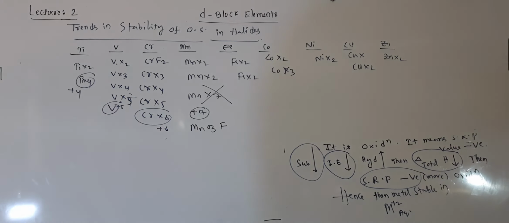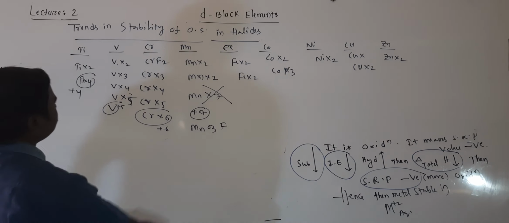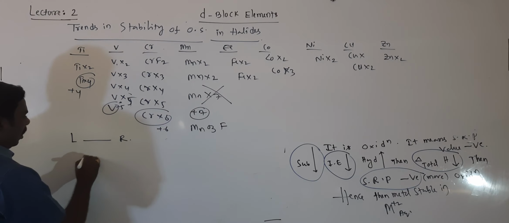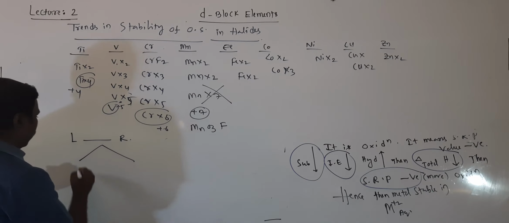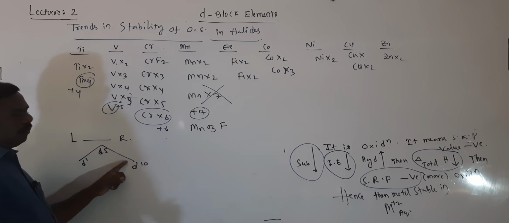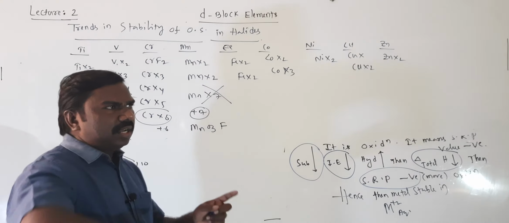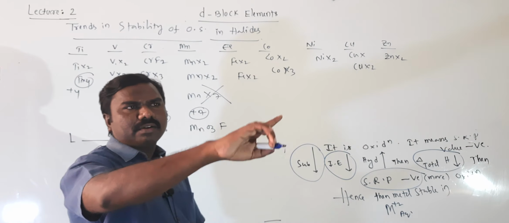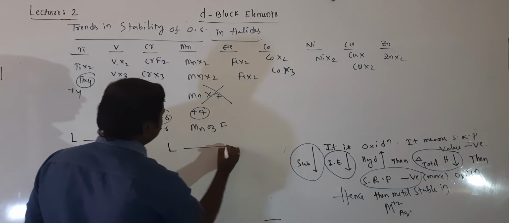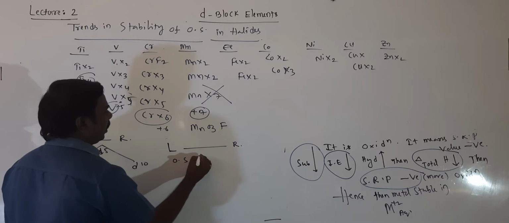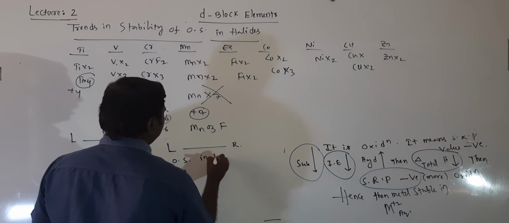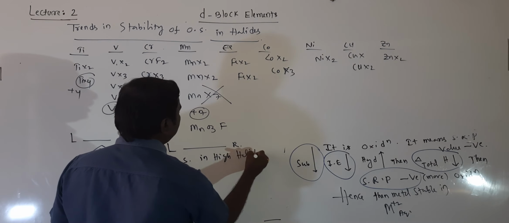The reason behind is, you just observe students, left to right. So higher oxidation state increases followed by decreases, because d1 to d5, 5 unpaired electrons, d5 to d10, 5, 4, 3, 2, 1, last class we discussed. Oxidation state increases, decreases, because unpaired electrons increase followed by decrease. That's why, left to right, oxidation state in higher halides will decrease.